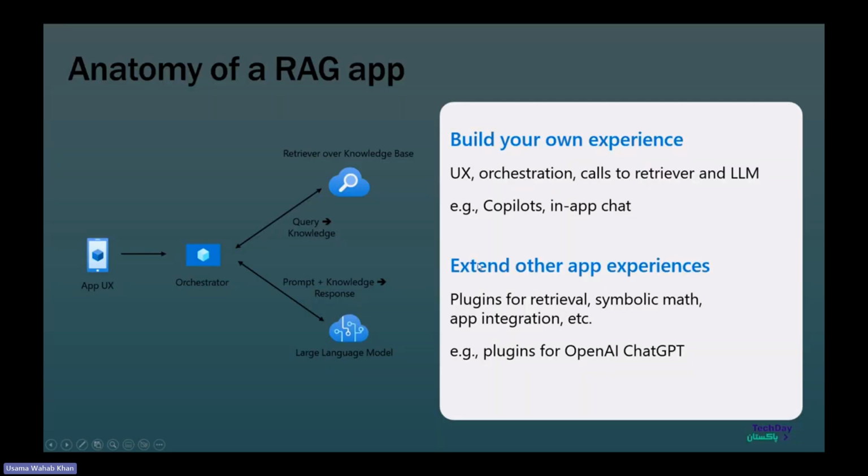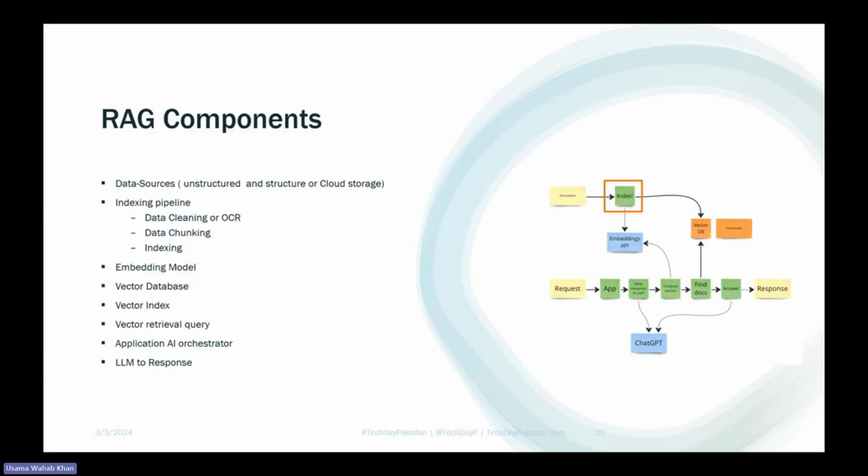This is one of the anatomies of an application out there. So we have a UX, and we use an AI orchestrator like LangChain. There are different libraries out there where the questions are received. First, they send the query and get the knowledge. This is basically semantic search or hybrid search, and the knowledge and the questions are added together and sent back to the large language model, which then returns a response. If you use Microsoft Copilot, it's the same thing. Microsoft uses the same methods.